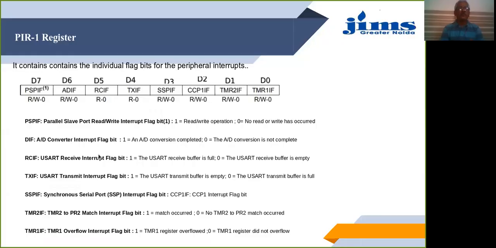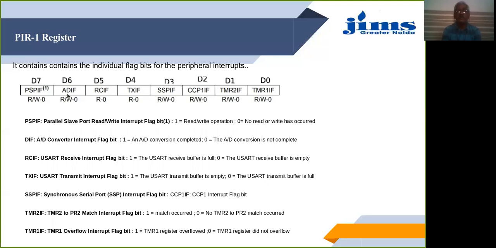Then we have the corresponding PIR1 register. This contains the corresponding flag bits for the PIE1 register. These are PSPIF, ADIF, RCIF. This is the parallel slave port read write interrupt flag, and A to D conversion complete.